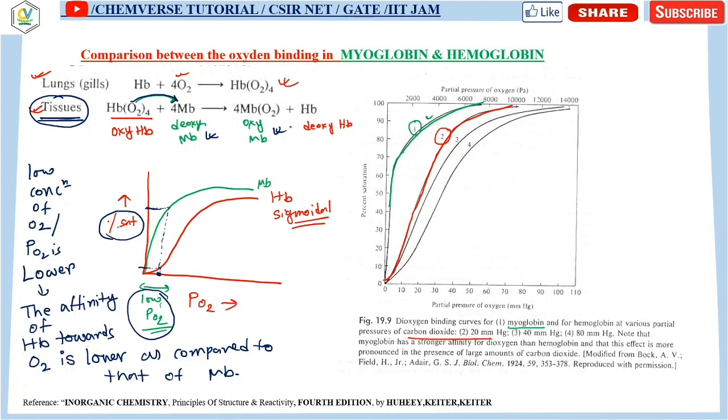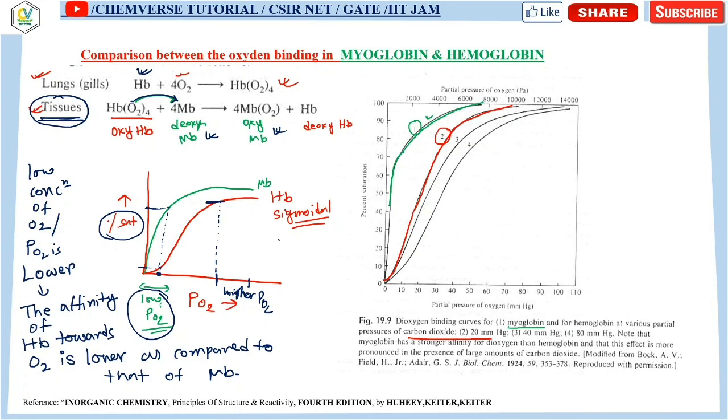But in the case of lungs, when we inhale, we are actually inhaling air having a higher oxygen content, and inside the lungs, the alveoli, which are basically air sacs, are filled with a higher concentration of oxygen. So there the partial pressure of oxygen is higher. Under that condition, deoxyhemoglobin readily captures the oxygen. So when the partial oxygen pressure is higher, it is the higher PO2, and under this condition it has a very high affinity to bind with the oxygen.